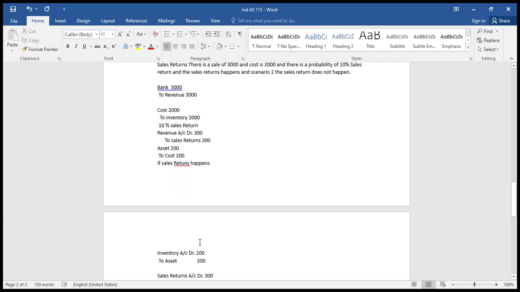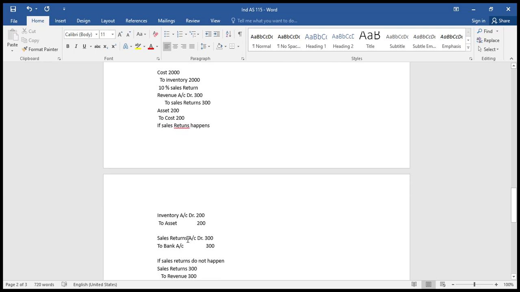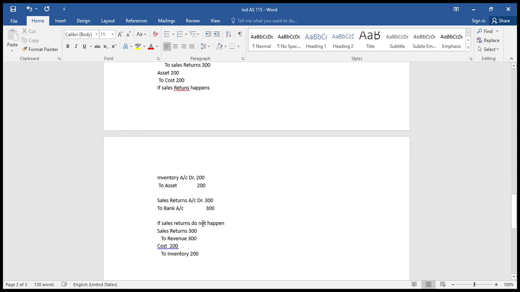If sales return happens, inventory account debit to asset account 200, and sales returns liability account debit 300 to bank account 300. If the return does not happen, sales returns account